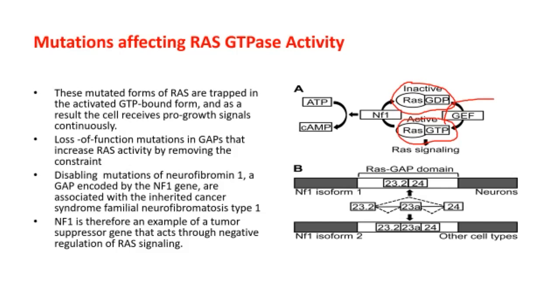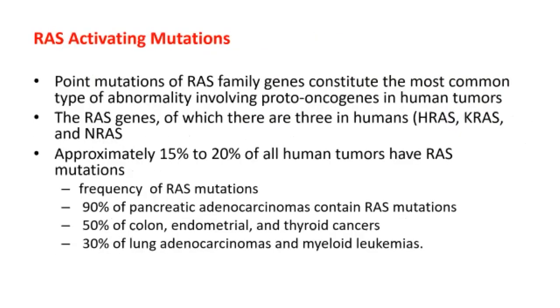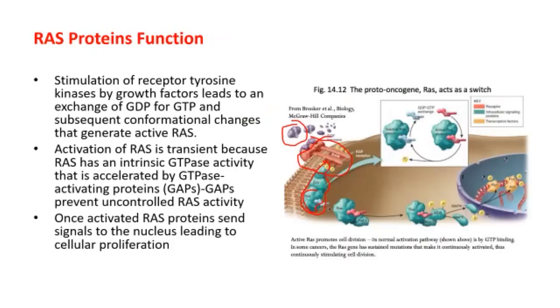Neurofibromin is a tumor suppressor gene and acts through negative regulation of RAS. If you see here, what does neurofibromin 1 actually do? It stops the mutation by maintaining GTPase activity. Thus, mutation of a substance which controls RAS, which acts as a tumor suppressor gene, will in fact lead to increased formation of tumor metastasis. And as seen here, I have shown downstream pathways in this picture.